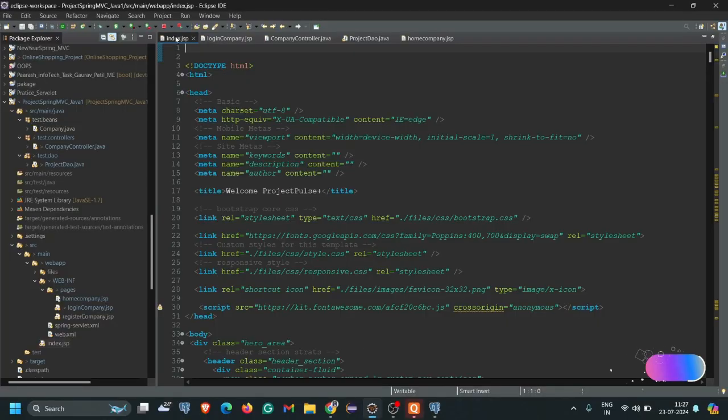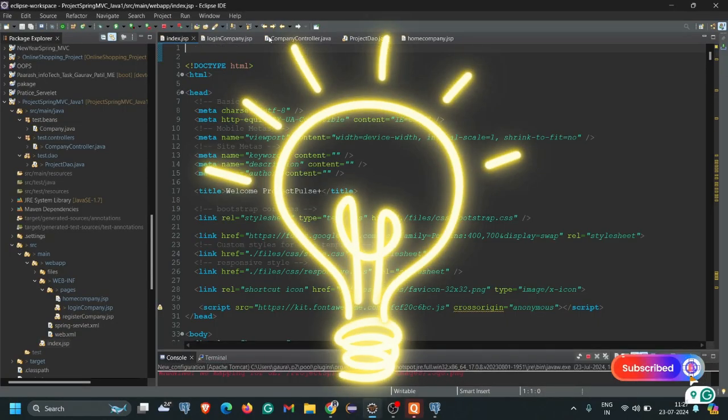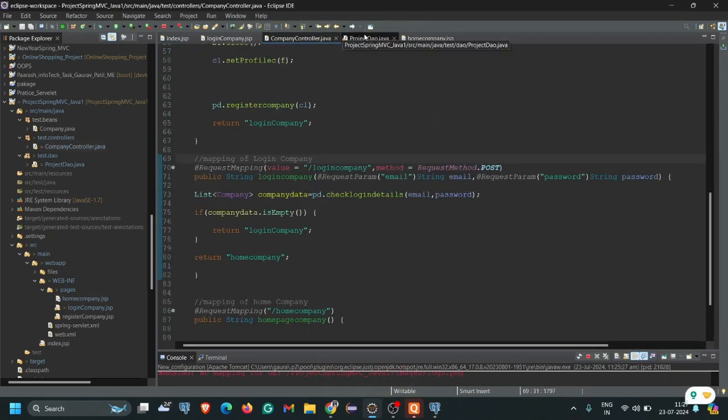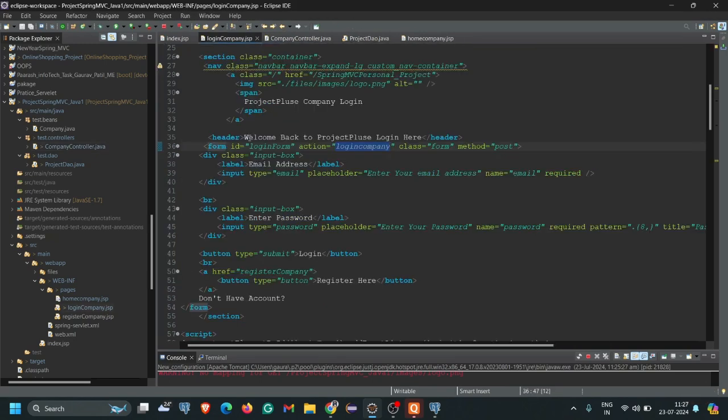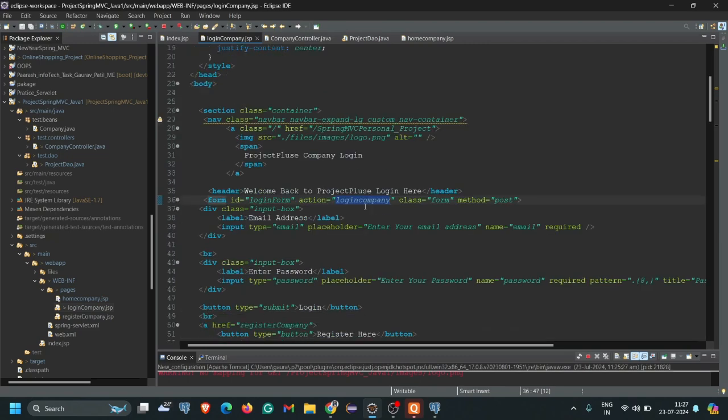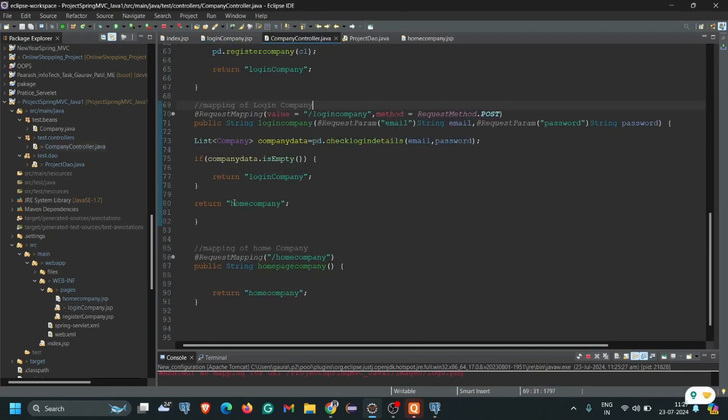So first I will give a quick reminder of this video. First we came to our login page, and here we changed our mapping. Okay, you can take it as it is. Then we came over to the controller, and here we wrote the mapping for our login. So in this we pasted our login action. Then we took two parameters, which are email and password, by the help of the request parameter annotation,